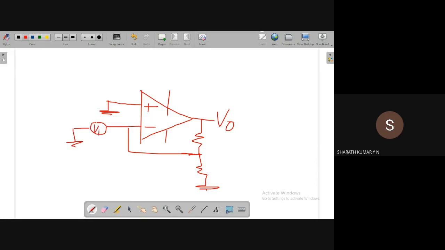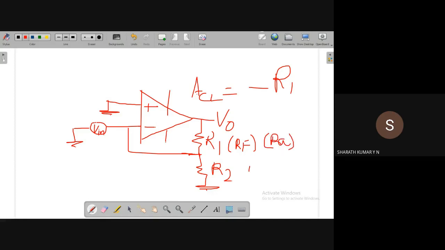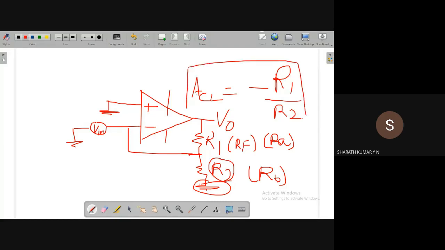So we give input to the inverting input. You can call the resistors R1 and R2. What is the closed loop voltage gain? It can be represented as minus RF by R1, sorry, in our case it's R2 by R1. In the textbook they have taken it as RF. Different authors prefer different names. In some books they call it RA and RB. The denominator term will consist of the name of the resistor which is connected to ground. That's all we need to remember. Very simple: minus R2 by R1. So this is the closed loop gain of an inverting amplifier.